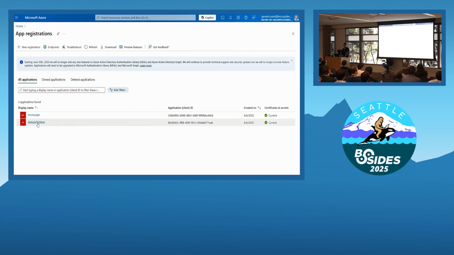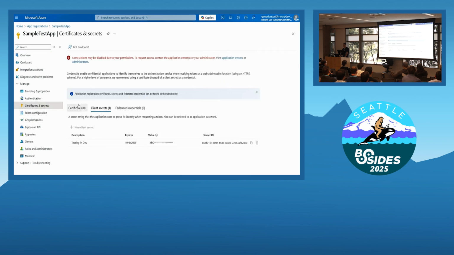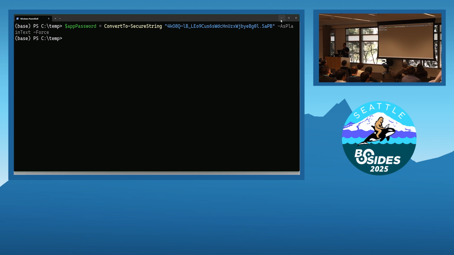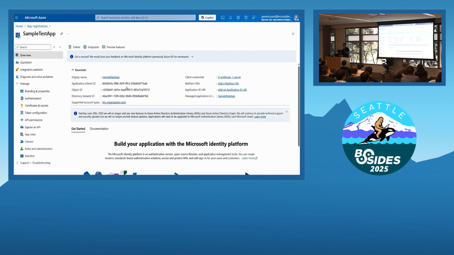Now that we have it, let's just take a look at sample test app since we saw it earlier, and we could see that it has a client secret called testing in dev. It is not expired and starts with 4KO. Well, our secret also starts with 4KO, so there's a high probability that this will allow us to authenticate